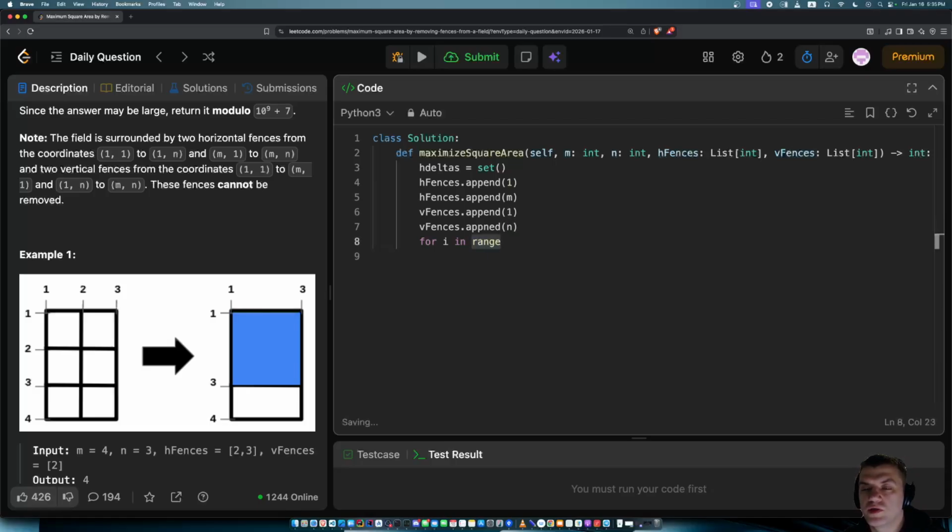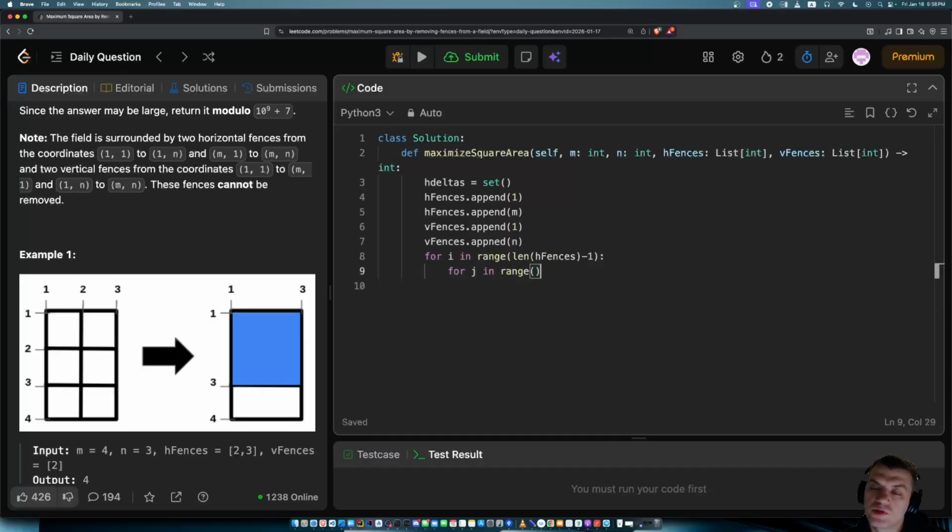And then for i in range len h fences minus 1, and then for j in range i plus 1 up to len h fences, I'm gonna do h deltas add the abs of h fences i minus h fences j, and then I'm gonna do the same for the v fences, and